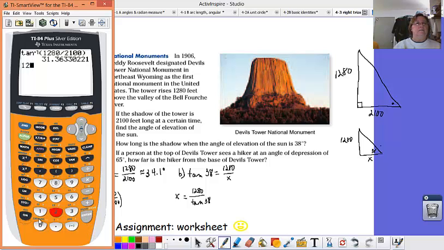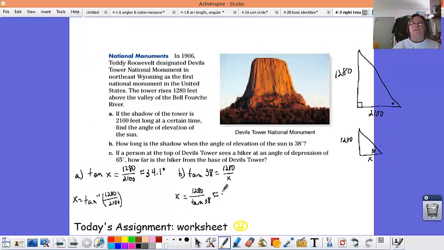1,280 divided by the tangent of 38 degrees, 1,638 feet, about 1,638 feet would be the length of the shadow. All right, one more problem. If a person at the top of Devil's Tower, so now